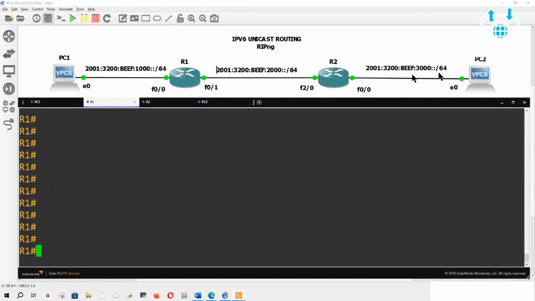If you don't know what you're doing in IPv6, just use a /64. And we're going to be using IPv6 unicast routing for the interfaces, and you're going to see how this PC will get an automatic IP address.